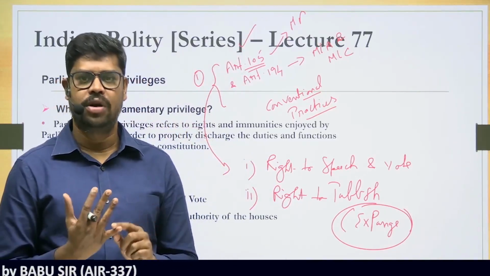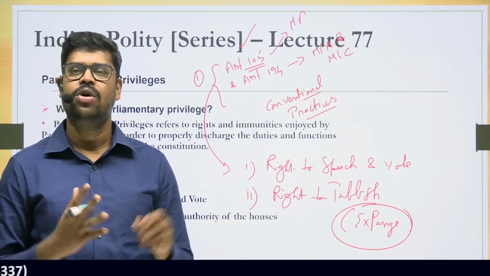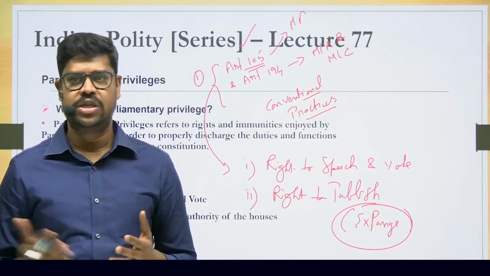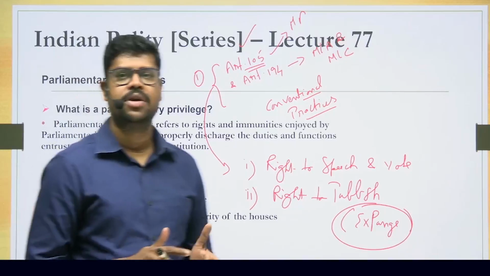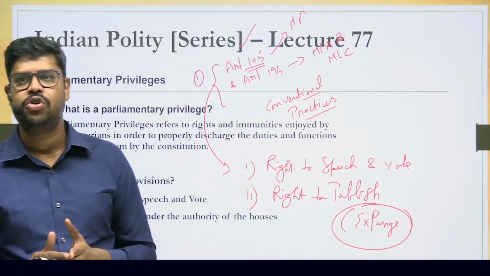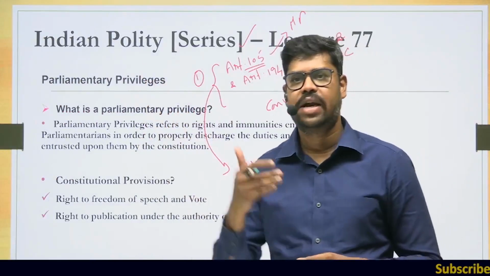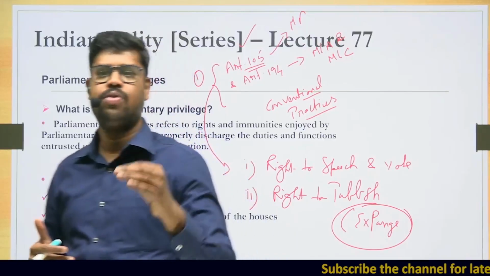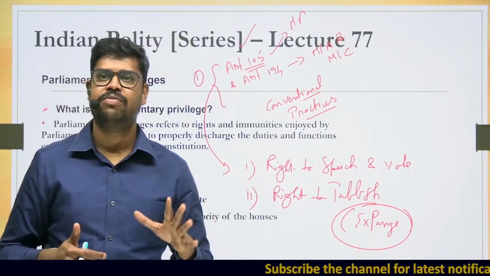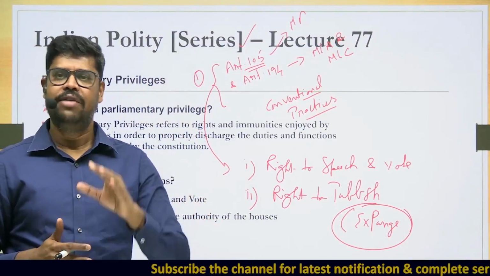One is the right to freedom of speech, and the second is the right to publish and also the right to expunge the contents during the parliamentary proceedings. Apart from that, the constitution makes it very clear. Apart from these two privileges, which are directly mentioned in the constitution, in case of members of parliament under article 105 and in case of members of state legislature under article 194 of the constitution,